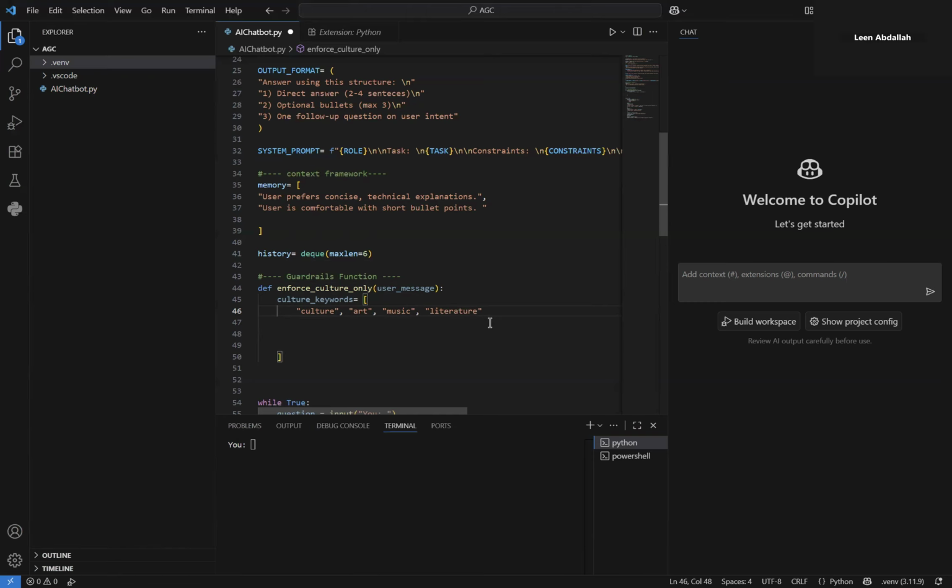Literature. Tradition. What else can we add? Heritage, festival, custom, society, sorry. Language, dance,